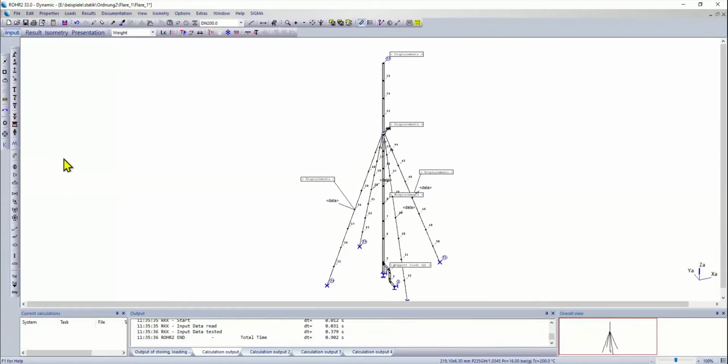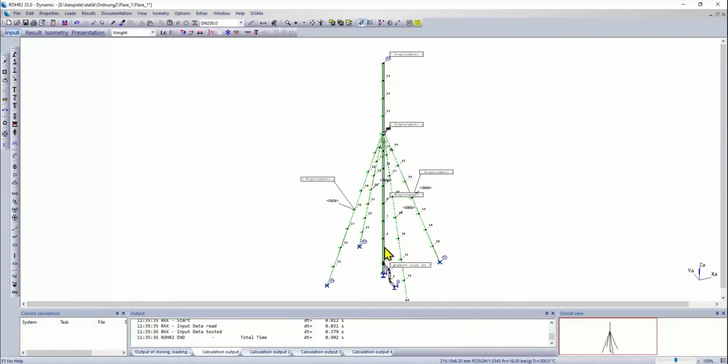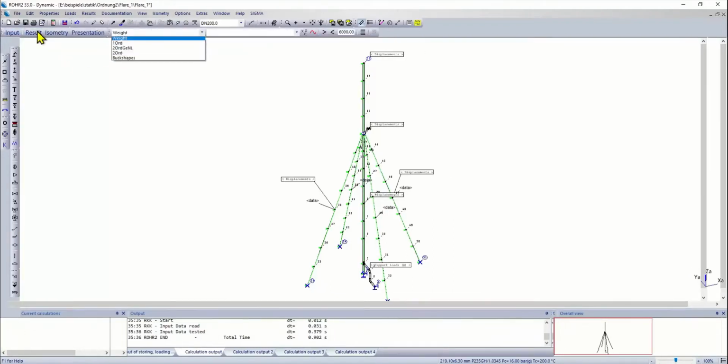Finally, I would like to show a system where second order theory is useful. So this is a chimney, and the chimney goes up around 60 meters, and then we have some ropes to hold it in place against wind loads. I've applied some wind loads here on the chimney itself, but also on the ropes. And then I've again calculated first order, second order theory, and second order non-linear geometry. So let's have a look at the results in this case.